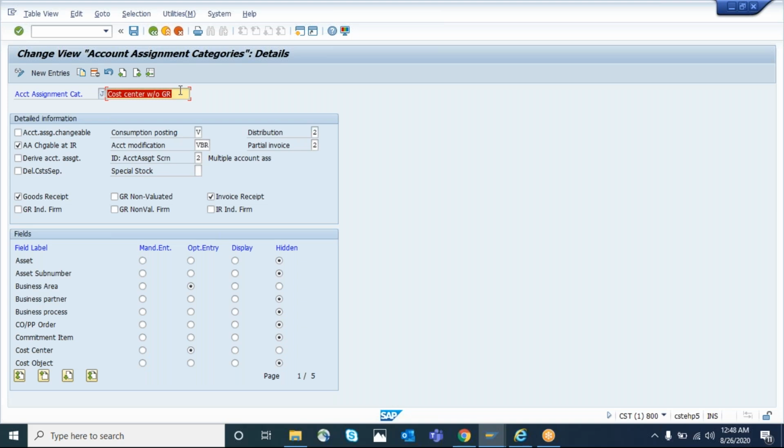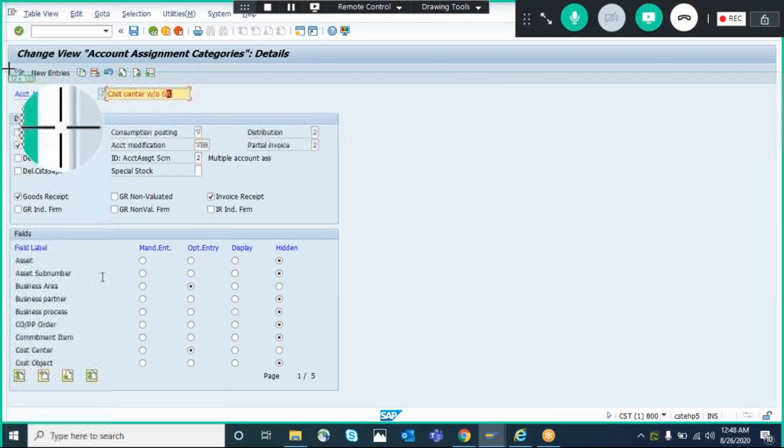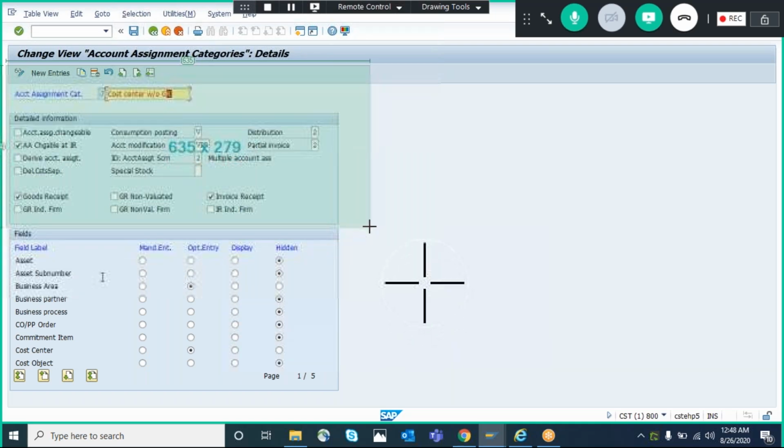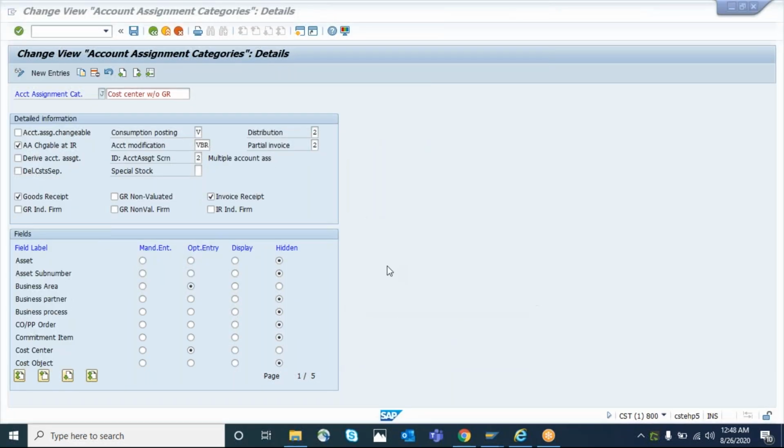For the cost center without GR, I have activated the goods receipt flag, but the GR indicator form was not activated. Let's take this one so that we can understand.